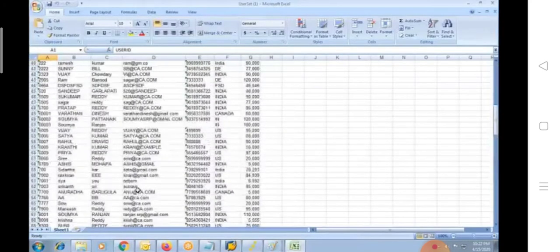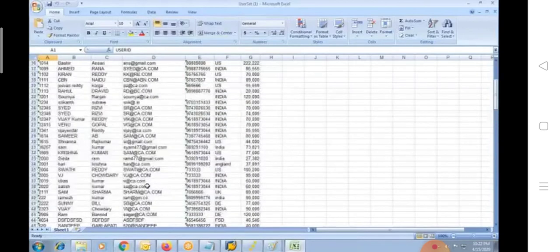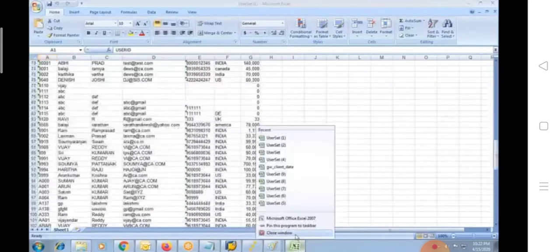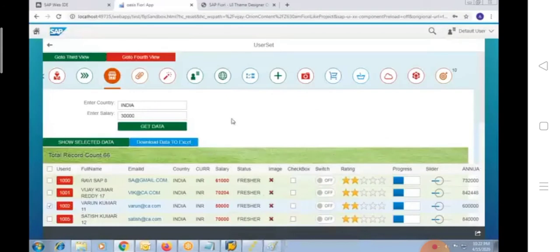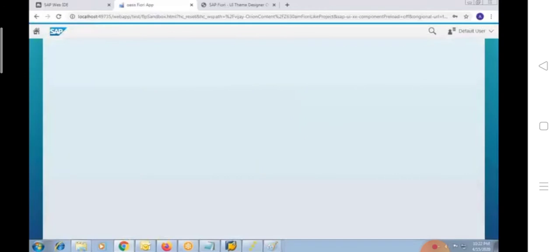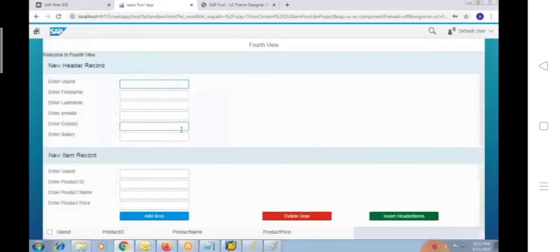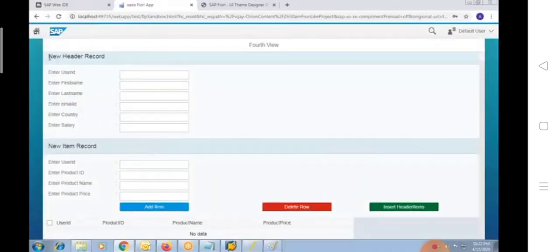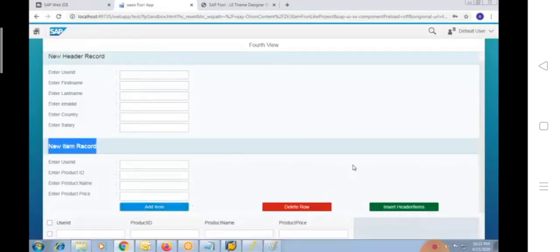So this is the data, whatever data we are trying to show, that is coming from the backend OData service dynamically. And we are trying to access it via the front-end app. So these things are common. And not only that, you can see, if I go to the fourth view, there is a header input record, and a collection of item records you can provide by clicking add item.